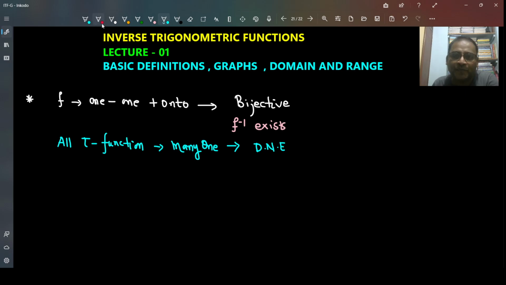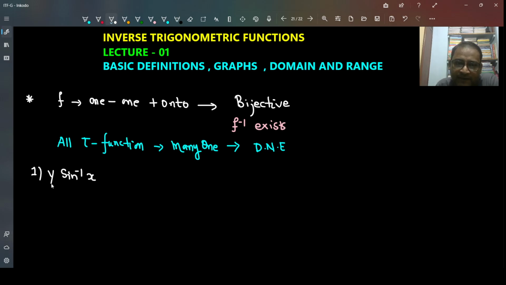So first of all, we curtail the domain. We cut the domain, or shorten the domain, in such a way that the functions become one-one and onto. For example, sin x is a trigonometric function and its domain is the set of all real numbers, the whole real number line. On the real number line it is not bijective, it is many one. So we select some portion of the domain where it is one-one and onto. It becomes bijective. So the first function we are going to learn is sine inverse x,